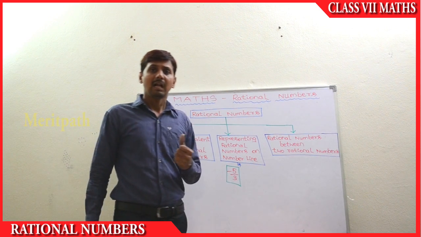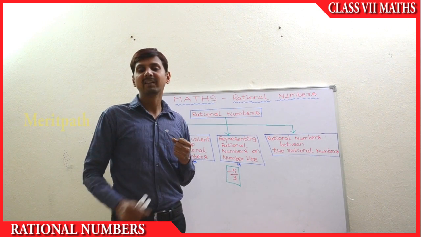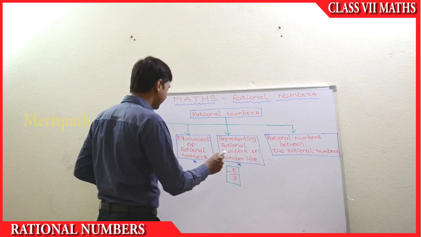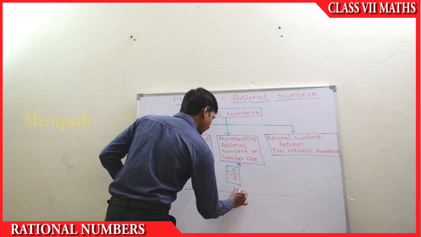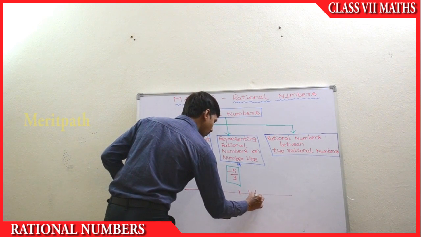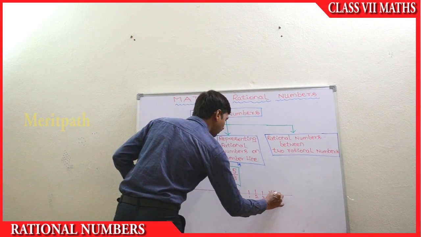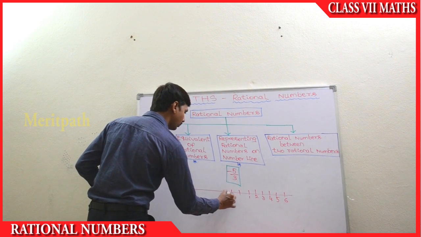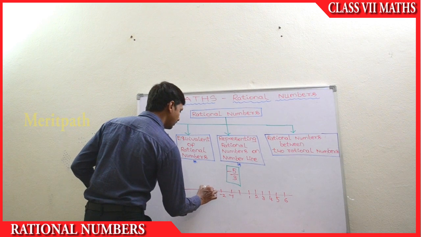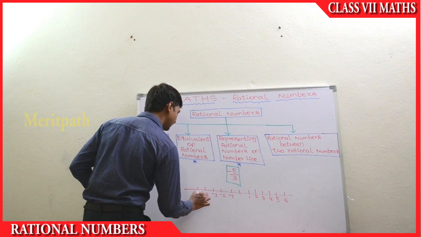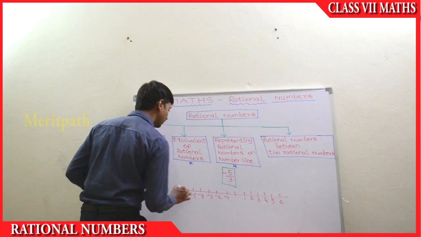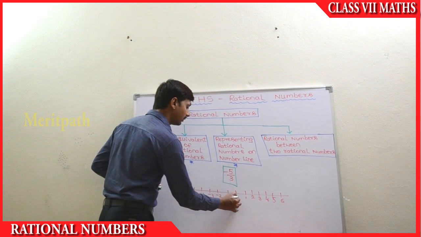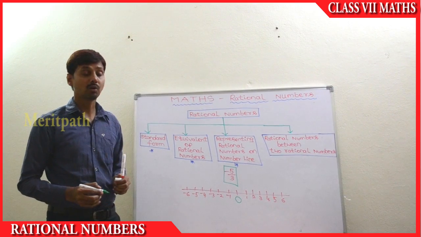So in the case of a negative rational number, we need to take the integer line. We know what the integer line is: positive values 1, 2, 3, 4, 5, 6, and negative values minus 1, minus 2, minus 3, minus 4, minus 5, minus 6. These are negative numbers, and along with 0, positive numbers and negative numbers are called